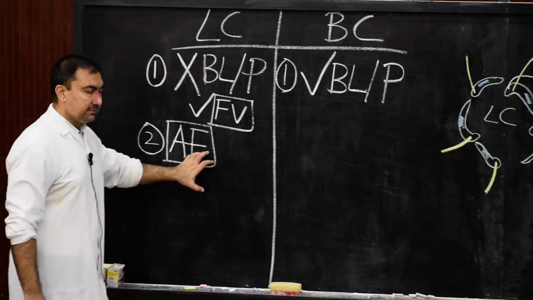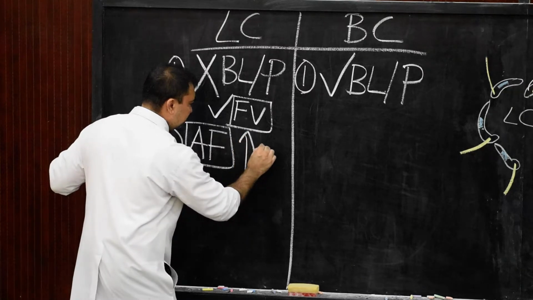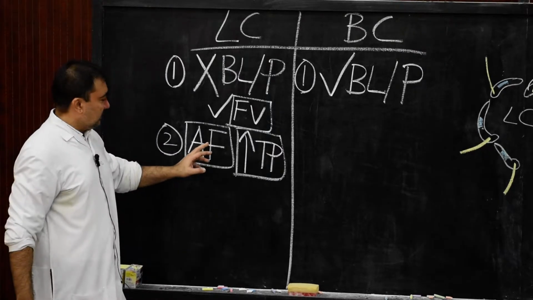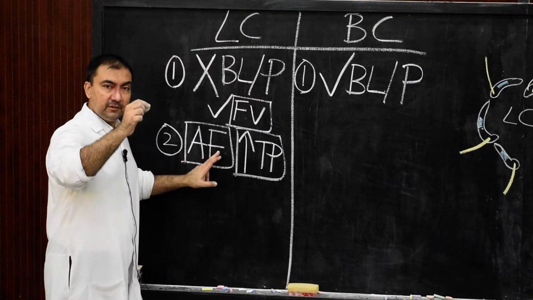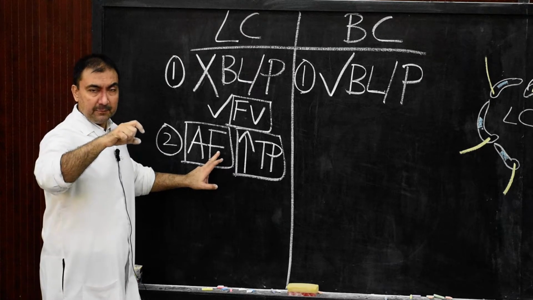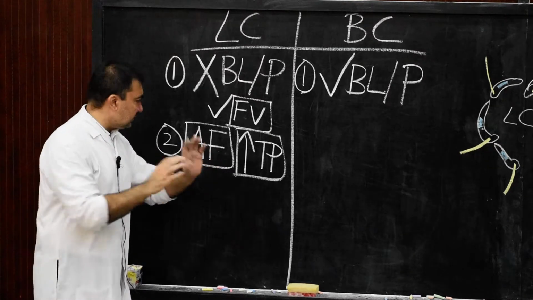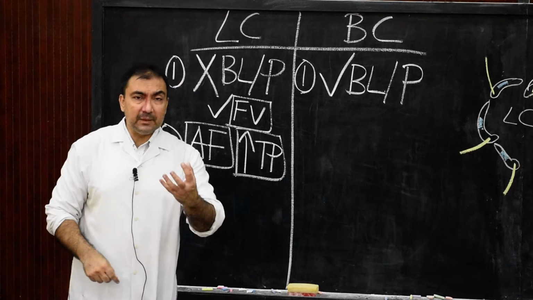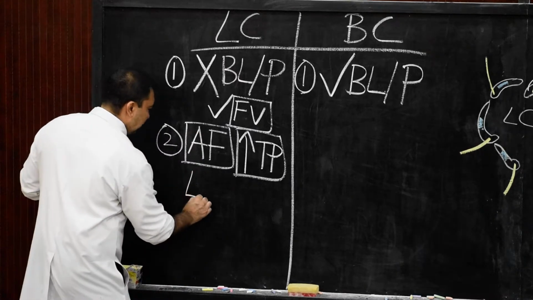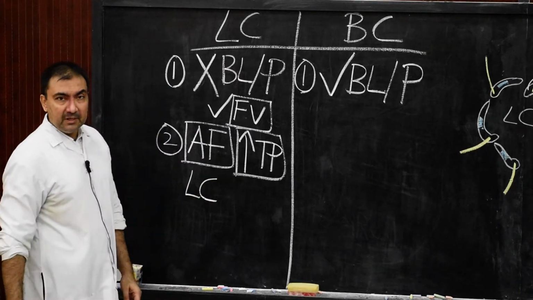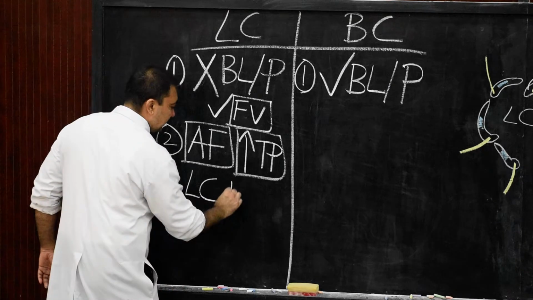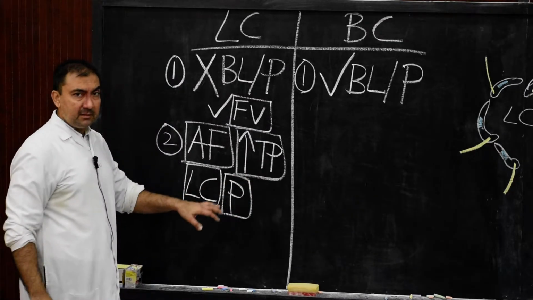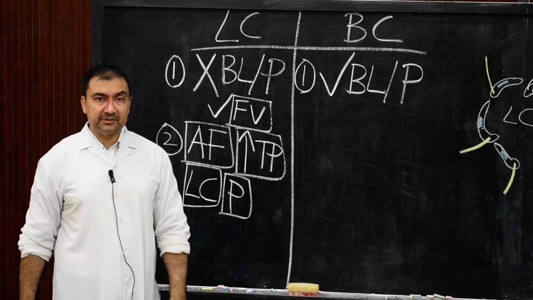And because of this, if there is increased tissue pressure, because of this connection, anchoring fibers which are connected to the flap valves of the cells of lymph capillaries with that of the surrounding tissue, in increased tissue pressure conditions, the lymph capillary will not collapse. The lumen of the lymph capillary will remain patent, or it will remain open. It will not collapse.